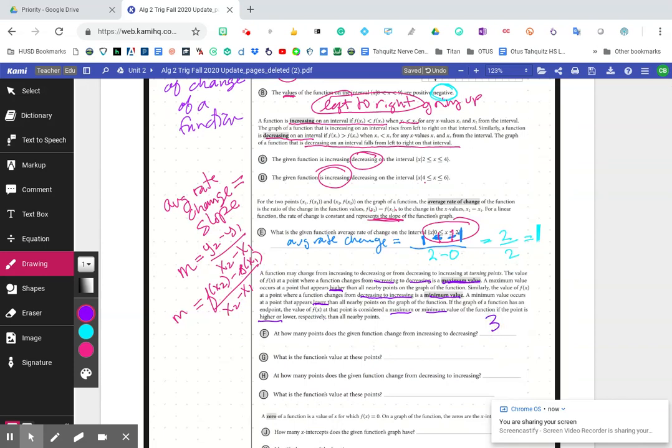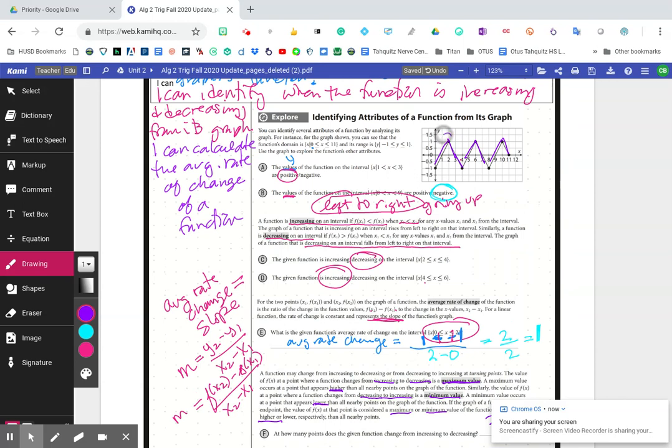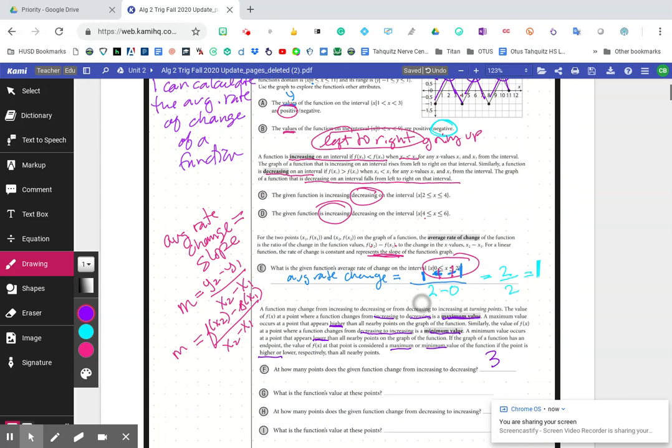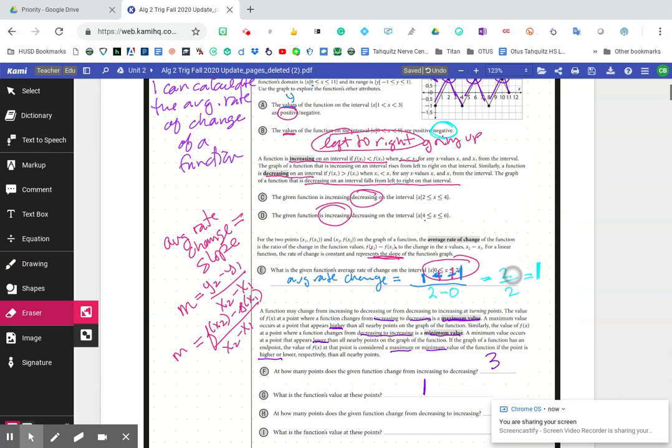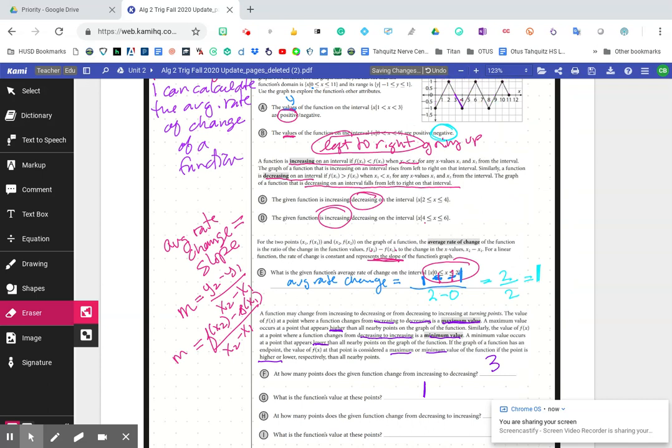What is the function's value at these points? So we'll notice the value. Remember, we're looking at what the y is equal to. The y happens to be equal to 1 at all of these values. I'm going to erase a little bit. Okay, then we're going to look at